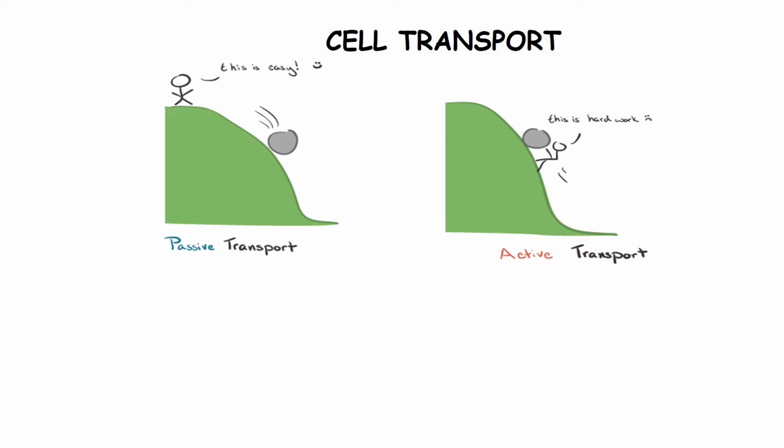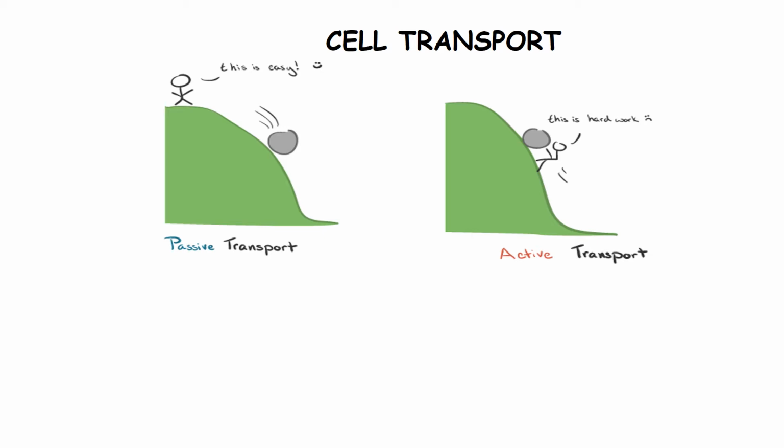The difference is, in one of the cartoon depictions, we have the person throwing the stone along the gradient of the hill. So he finds it easy. He's saying that this is an easy job because less energy is required by him. And in the other one, you can see he is literally moving the rock with a lot of energy against the gradient of the hill. So he is finding it a hard job.